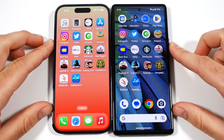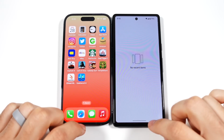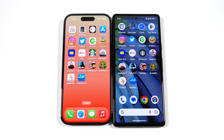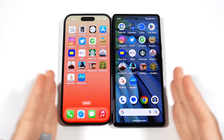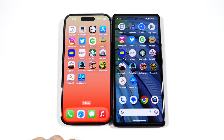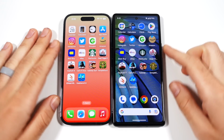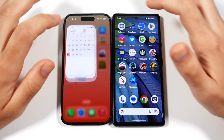These are pretty decent phone picks right here for sure. All right, so let's get into the app test right here. Let's see how close it's gonna be. Is it gonna be as close as the Celtics and the Heat last night? We'll have to see. Everything is closed out on both devices, and we'll see what happens here in Calendar, and